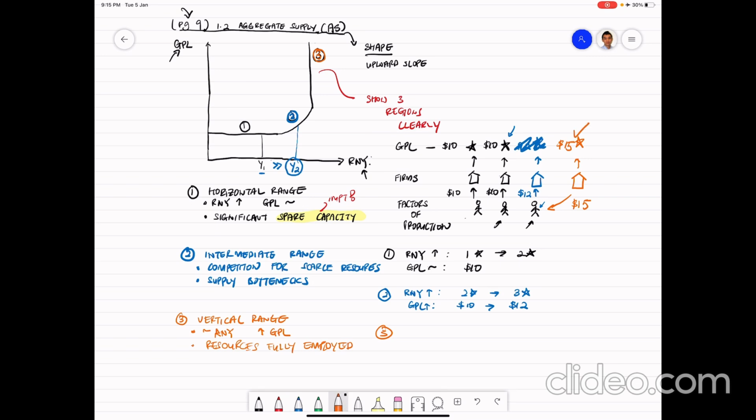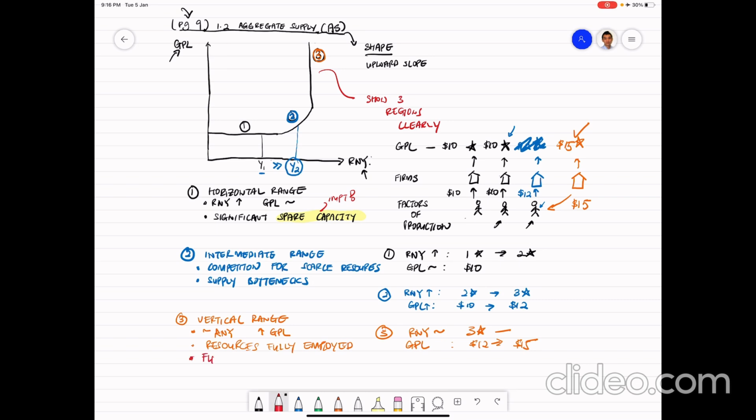So the number of stars produced is still 3. It still remains constant at 3, but the general price level has increased from $12 to $15. So this is when resources are fully employed and the economy has reached something called